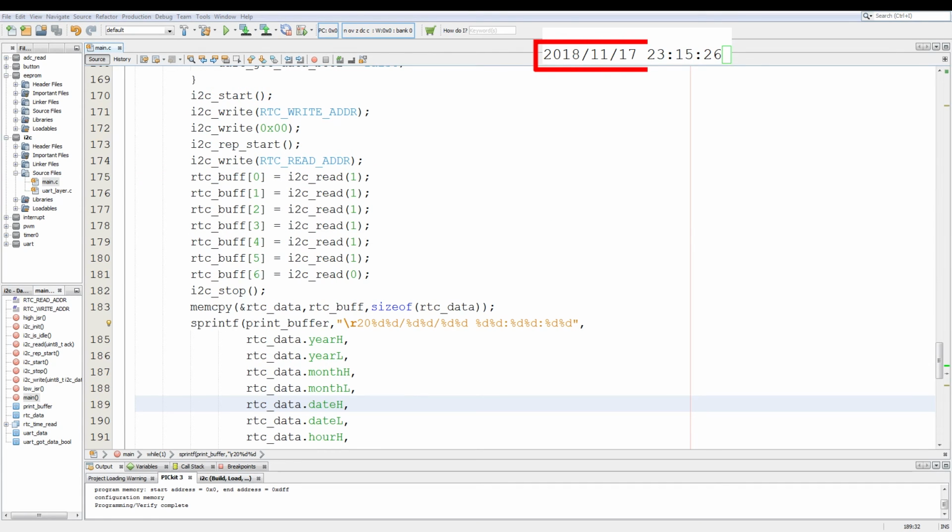And as you can see from the PuTTY terminal, our date is set up, we are counting, and eventually it will roll over to 16 minutes and so on. And that's a basic introduction to using the I2C bus on a PIC and using a DS1307 RTC. Any parts that I've used will be linked down in the description. Any code that I've written will be shared on my Git.